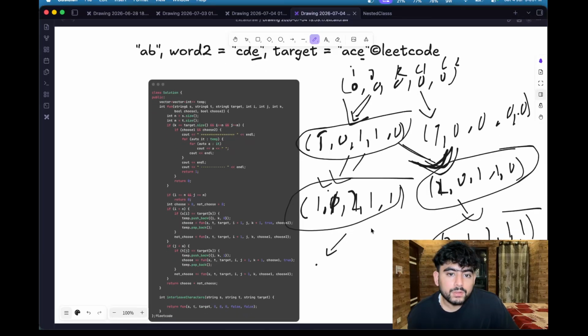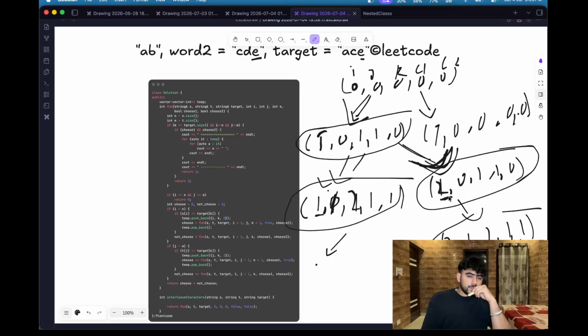Two things, if it is a not choosing thing,